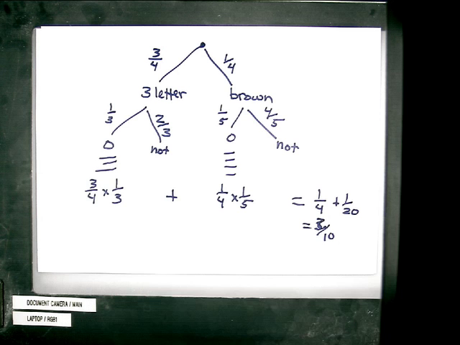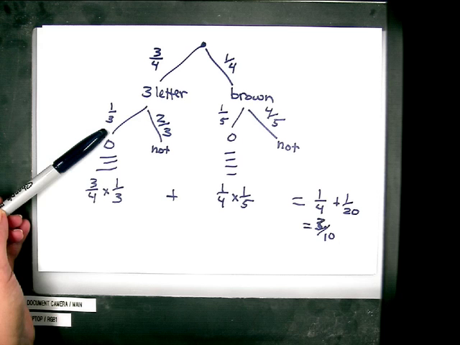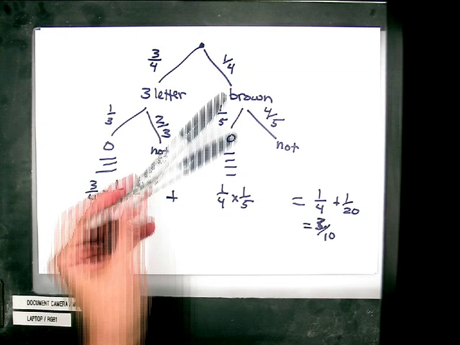Okay, so let's talk about conditional probability here. We are using conditional probability in this tree. So what's going on is that these probabilities down here on this branch are conditional on knowing that you've picked the 3-letter word. So this probability 1/3 of getting an O is given I know I got a 3-letter word, what's the chance I got a vowel? And that's 1/3. Over here, given I know I picked the word brown, what's the chance I got a vowel? And that's